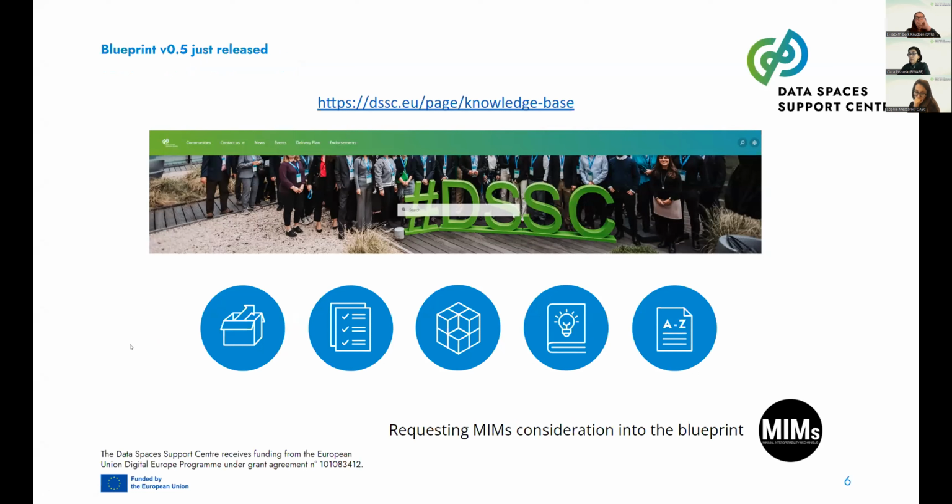So what we are proposing from the data space for smart communities is to consider mechanisms in the specifications, in the definition of the blueprint of the support center, because they can be useful not only for this domain but also for the others.